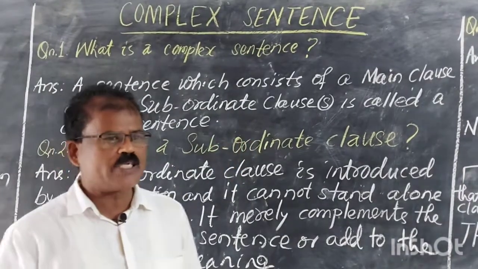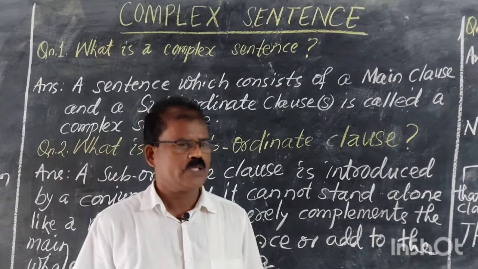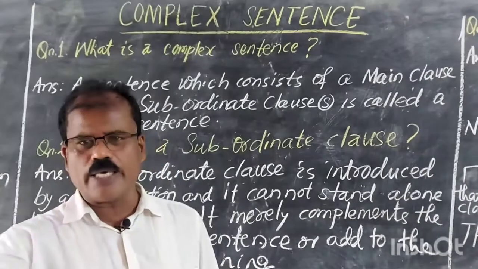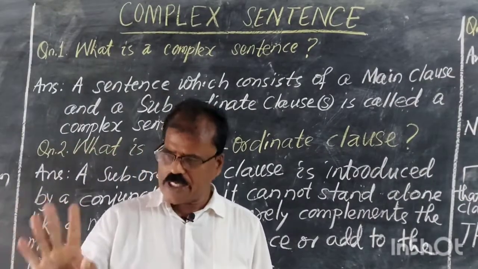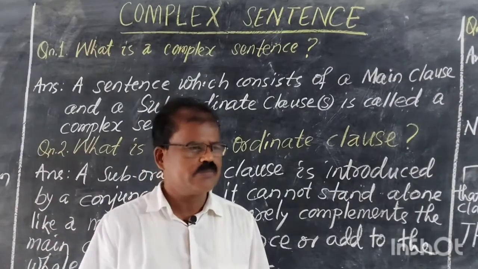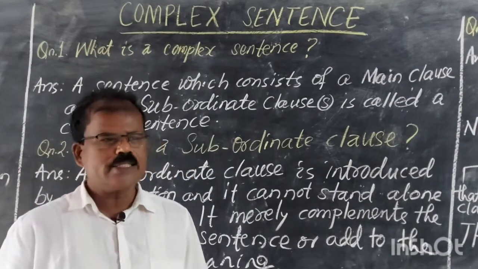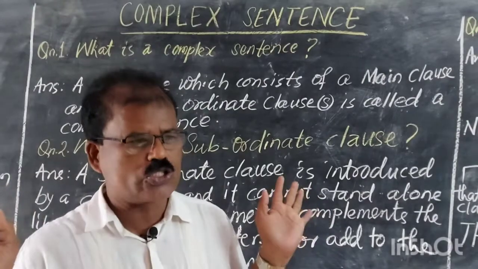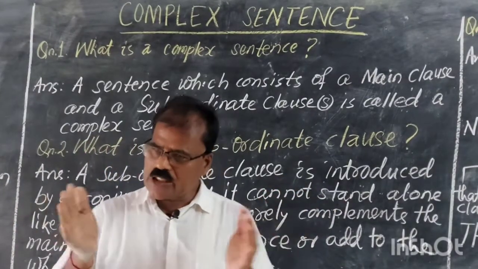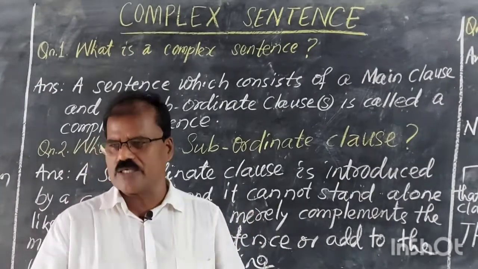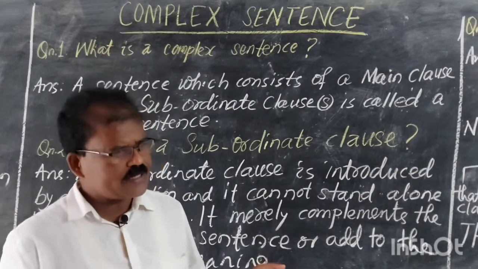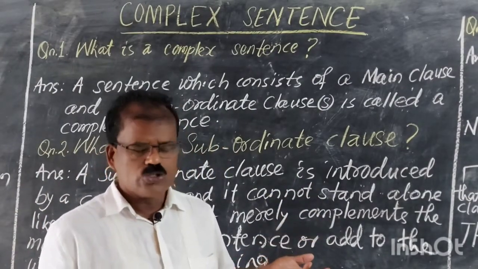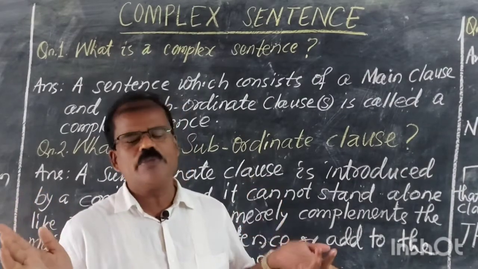Welcome to your English grammar lesson on complex sentences. As you know, a simple sentence has only one clause with one finite verb. You can easily identify them. A compound sentence has more than one independent clause, and they are joined or combined by coordinators. You have practiced the list of coordinators, so you can easily identify a simple and a compound sentence.